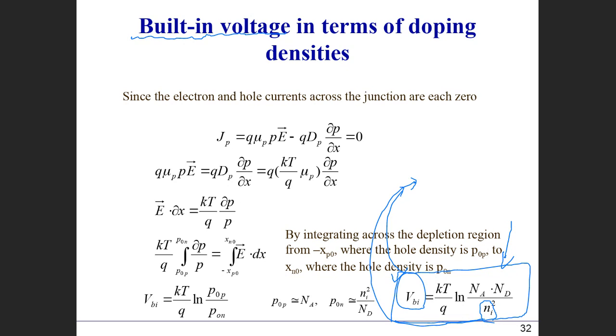If the intrinsic carrier concentration is higher, then VBI is lower. If the intrinsic carrier concentration is lower, then VBI is going to be higher. Now, intrinsic carrier concentration is related to the energy gap